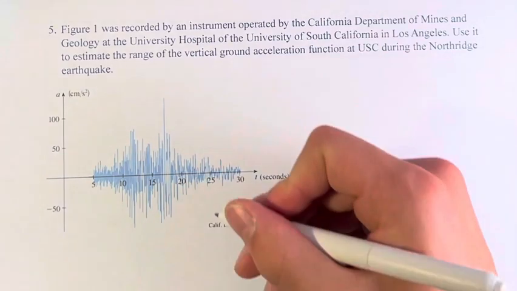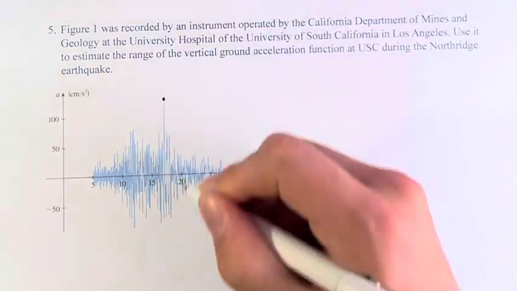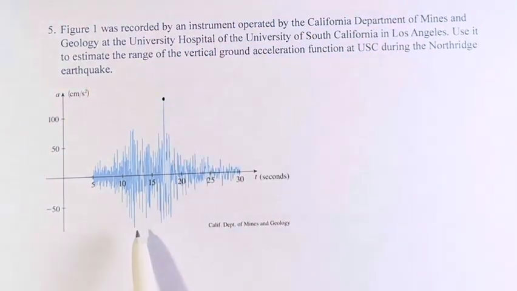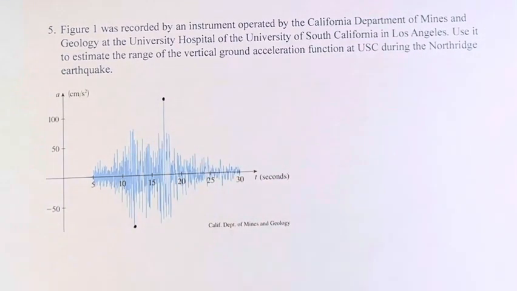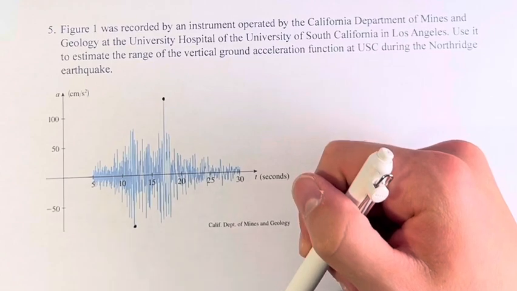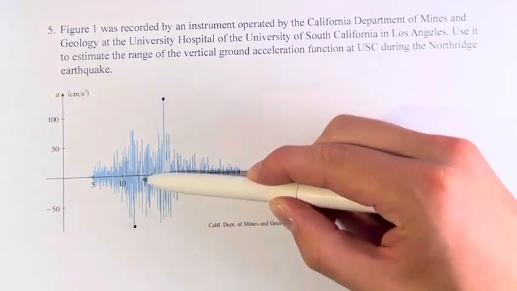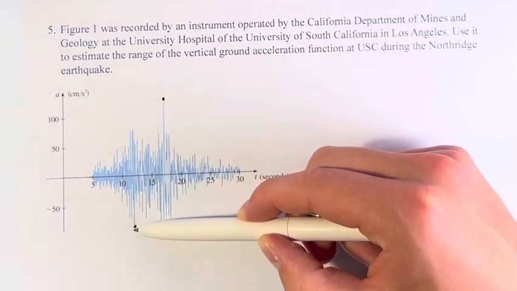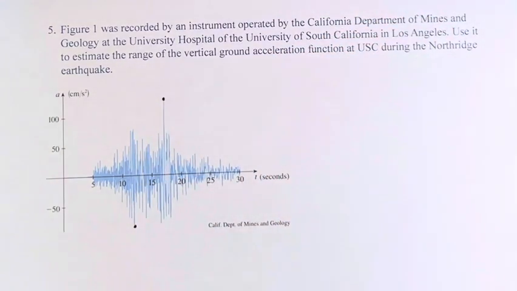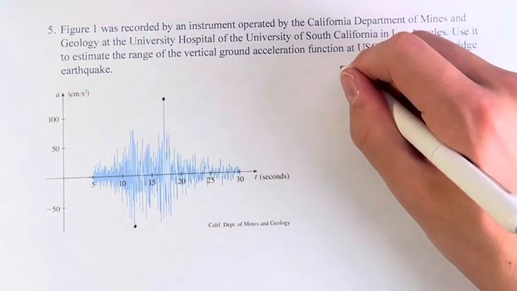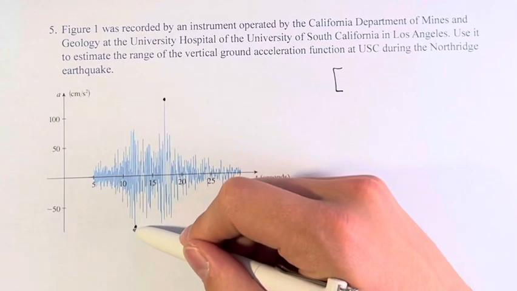So if we just look visually here, this point is a pretty clear maximum. And if we look over here, there's maybe a couple candidates, but this one looks like the lowest. And we can just assume that this is a continuous function. So therefore, all of the values in between these 2 points are going to be met somewhere in the function. So the range is going to be an interval from the y value of this point to the y value